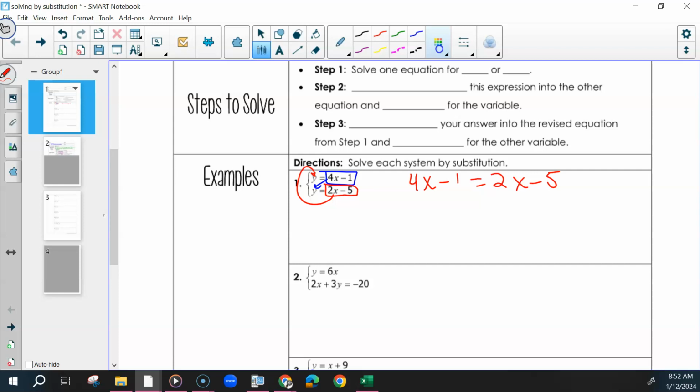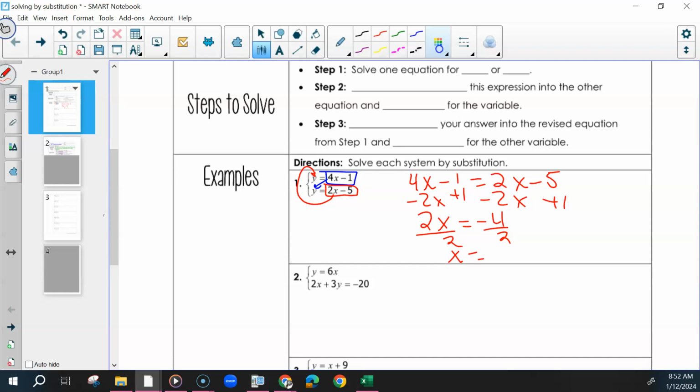And then we solve this like a normal problem. So how would we solve this? How could I solve this for x? Subtract 2x. Subtract 2x on both sides, and then I could add 1 on both sides. So we have 2x equals negative 4. Divide both sides by 2. So that x is